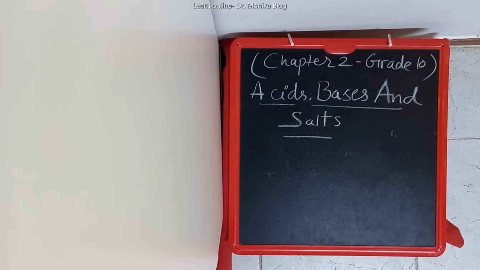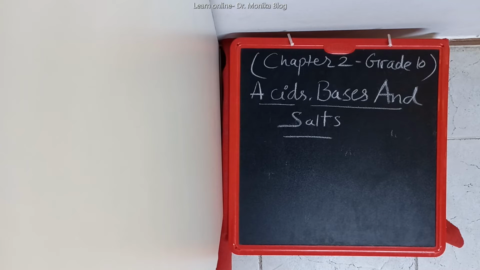Further, we will discuss how acids and bases react with metals. For this, first of all, take about 5 ml of dilute sulfuric acid in a test tube under the supervision of your class teacher in the chemistry lab. And after taking the 5 ml dilute sulfuric acid in the test tube, add a few pieces of zinc granules into it.